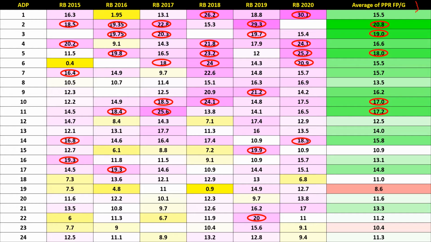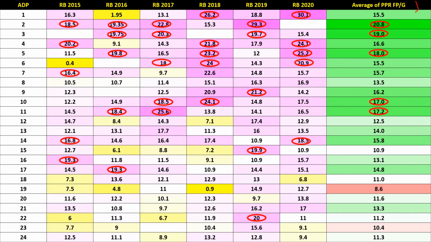So this is end of season, right? ADP is preseason. So people say you can't predict end of season by ADPs. There is a pretty good correlation here if you look at the data. So I would disagree with that blanket statement.